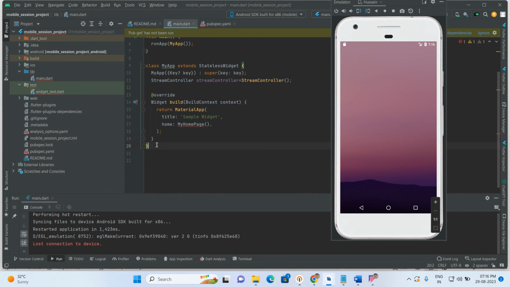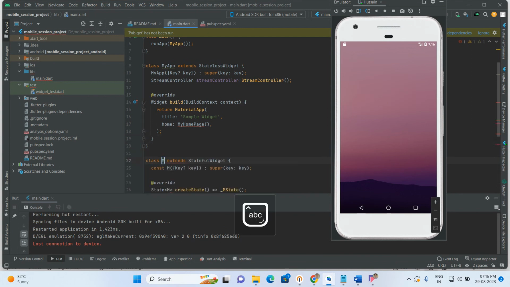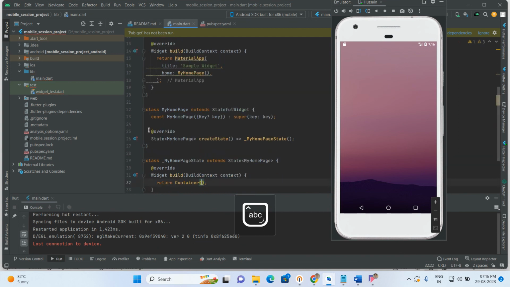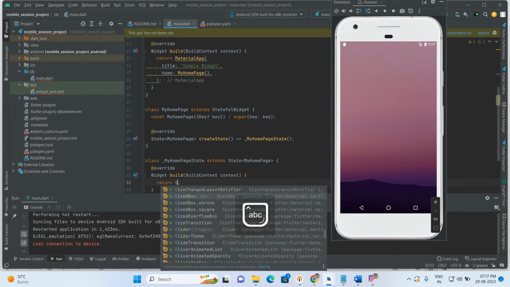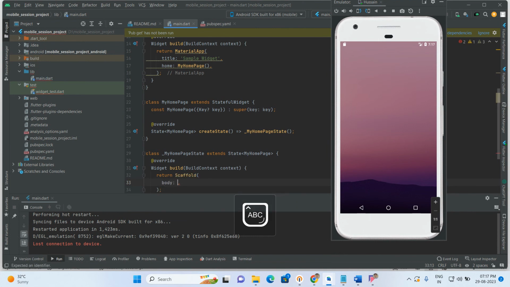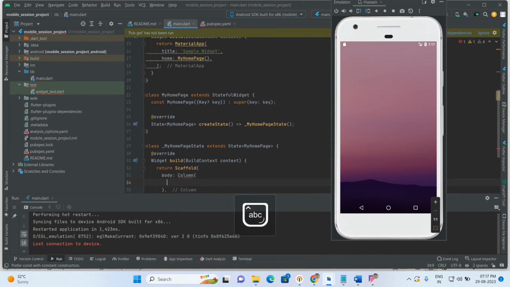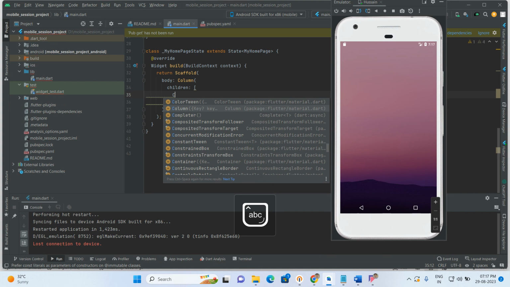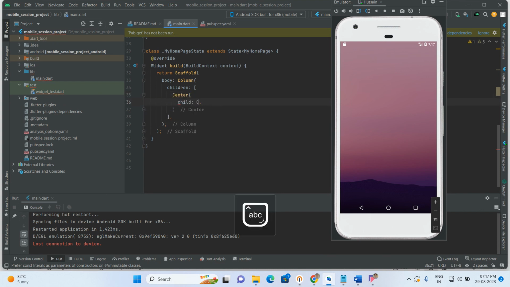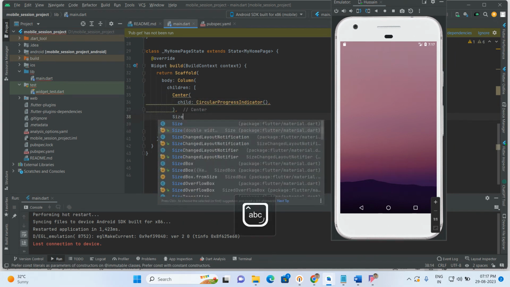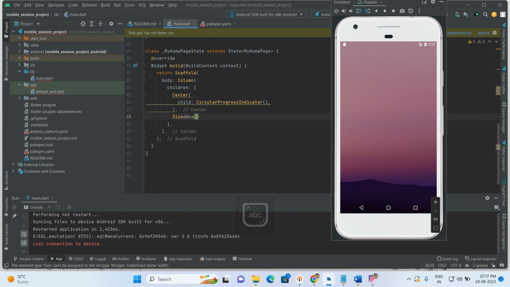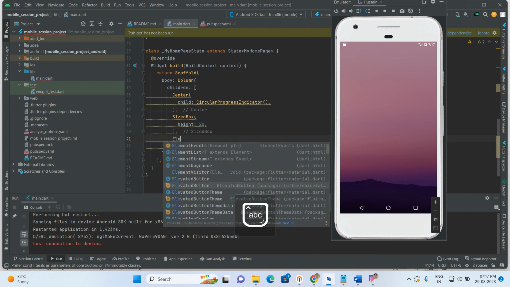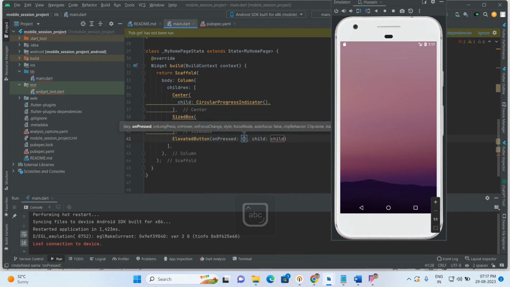So first of all, you have to take one stateful widget, MyHomePage. After that, take one Scaffold. Inside the Scaffold, take the body. Inside the body, take one Column widget. Inside the Column, we add one CircularProgressIndicator widget. Okay, done. Just to give some space, SizedBox, height 20. After that, take one ElevatedButton, onPressed has to be handled,